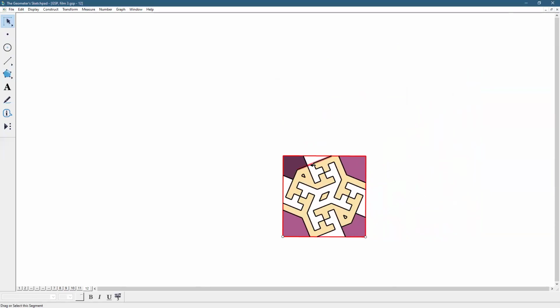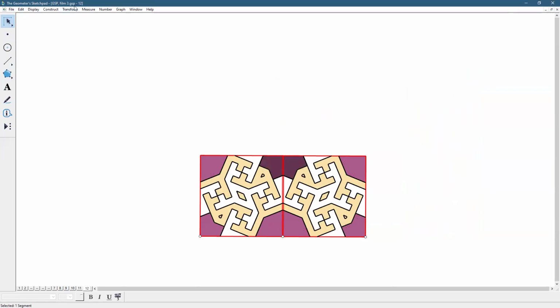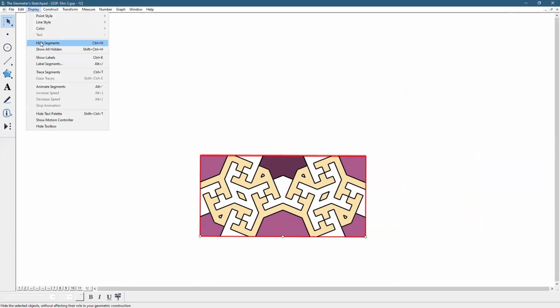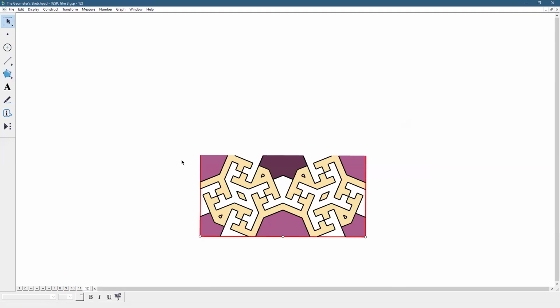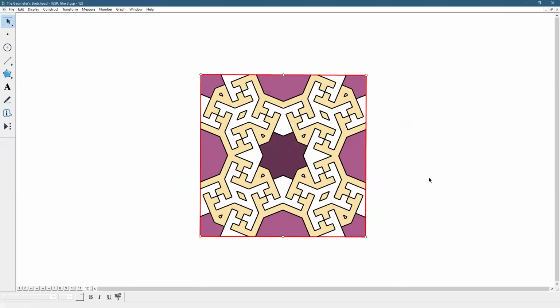Okay, you see I still have some red lines. Okay, so now double click, transform, reflect, display hide segment. Now double click, you can hide them already, display hide segments. And now what I do, transform, reflect. Well, now we have this white part, so I have to fill it with something,